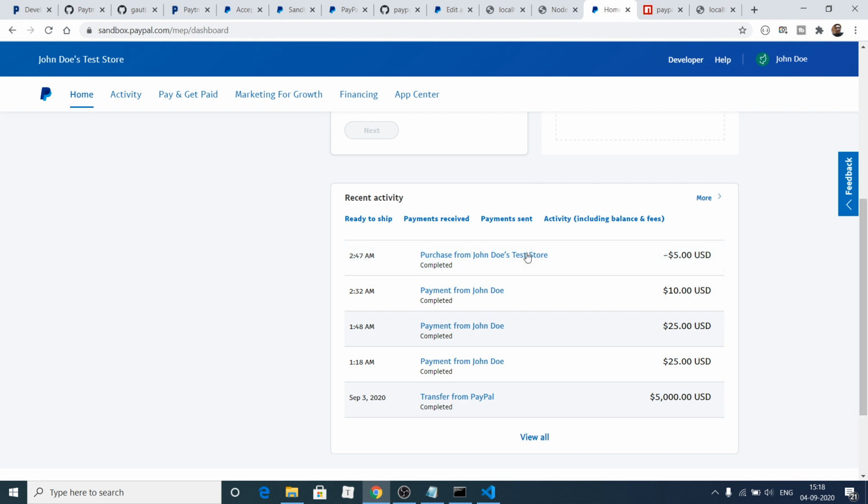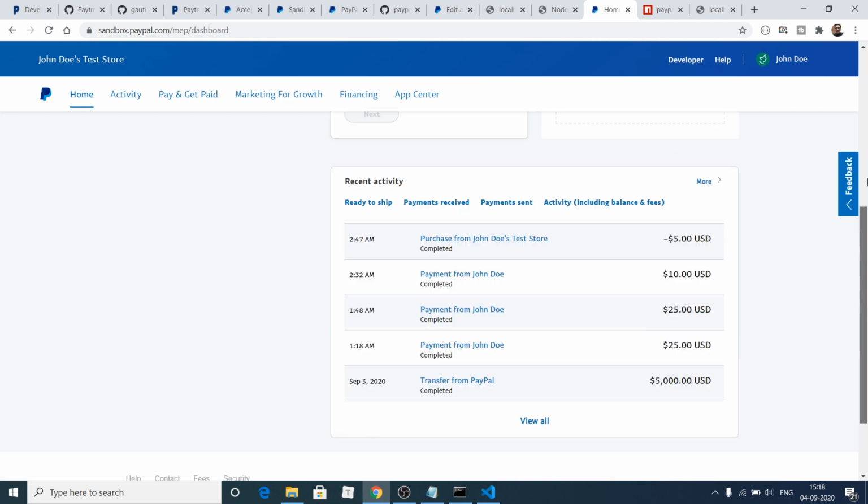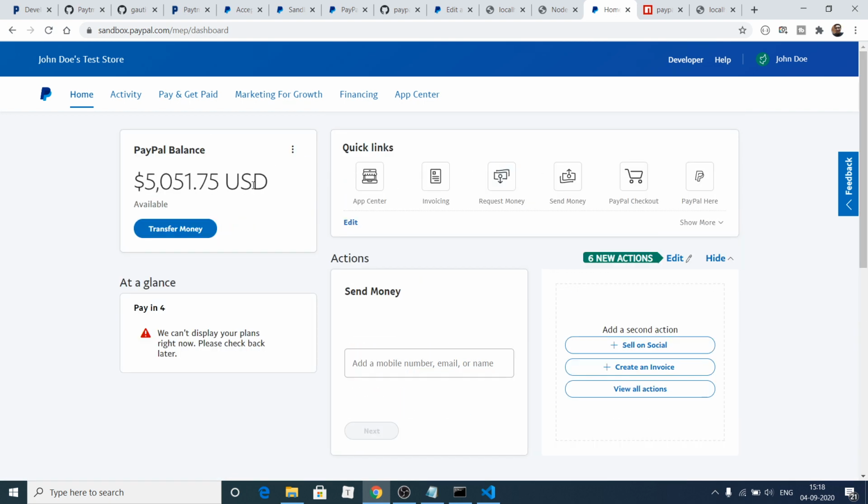If I just show you, you can see $5 has been deducted, purchase from John Doe test store. You can see that $5 has been deducted here, and this is a payment which is completed. So in this way we have successfully integrated the PayPal integration payment gateway.